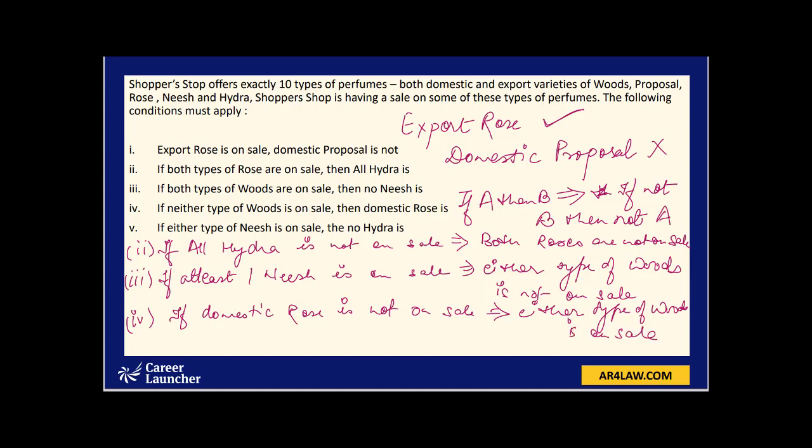And lastly, if either type of niche is on sale, then no Hydra is. So this can be looked at as: if either type of Hydra is on sale, no niche is on sale.